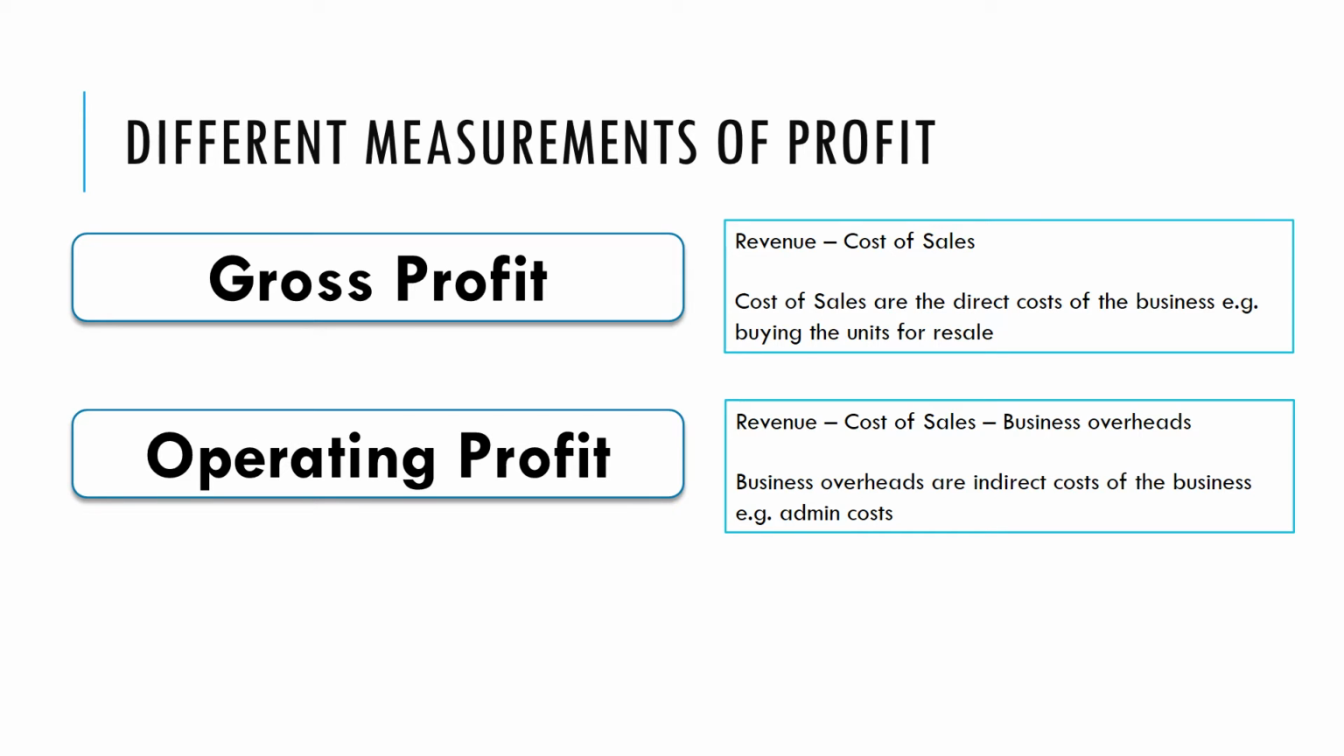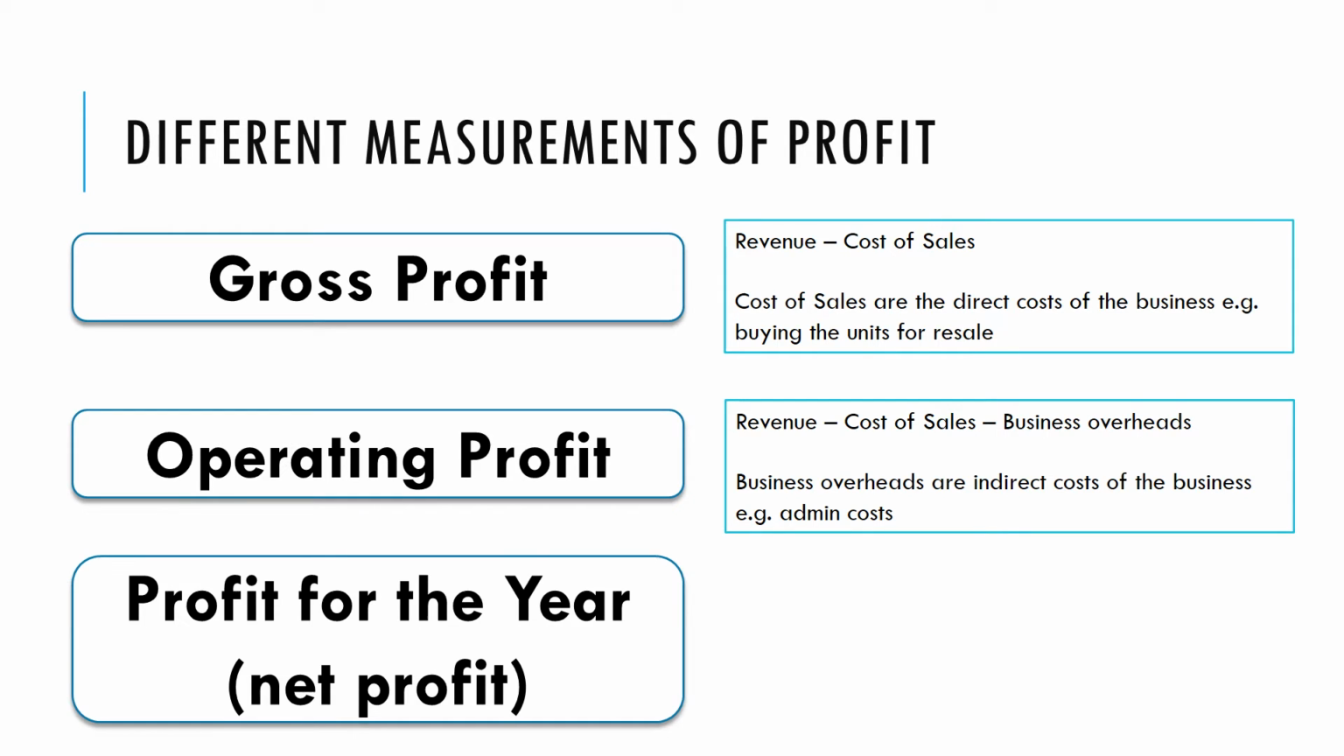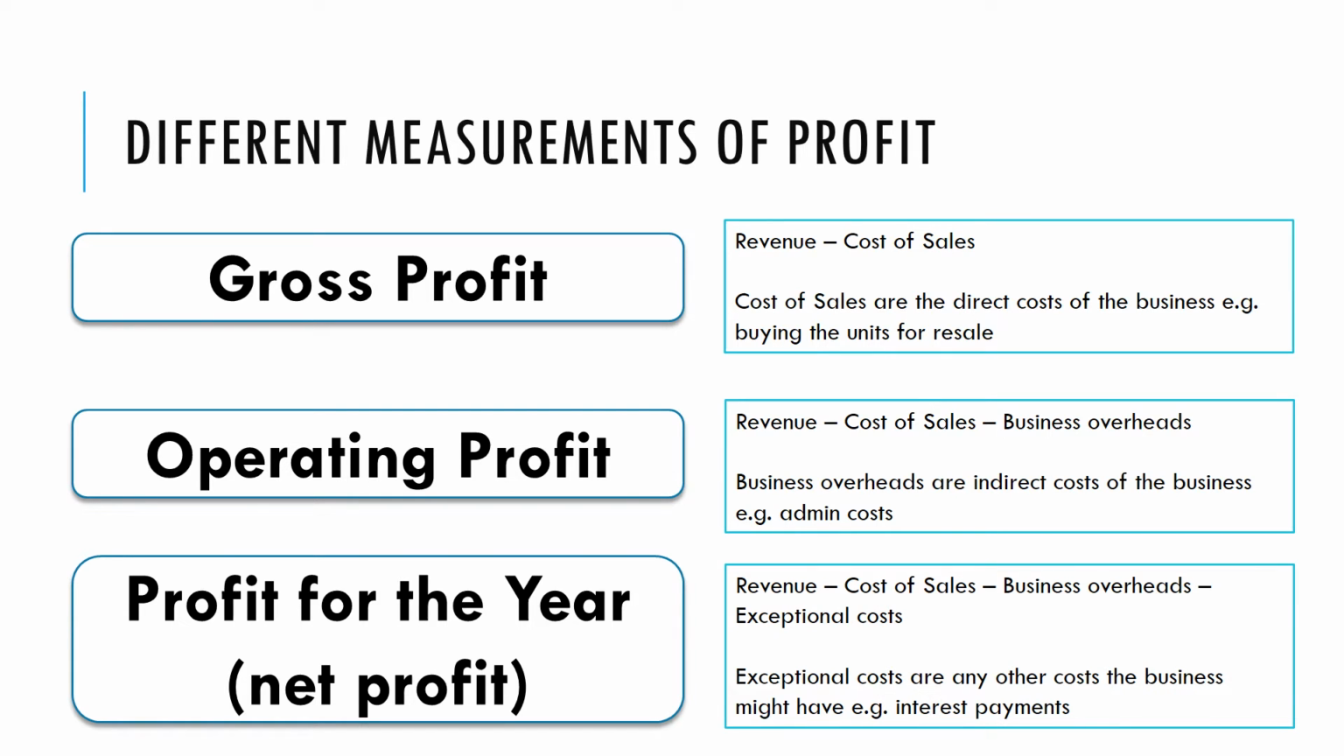Now there might be a few other costs that the business might incur, and if we subtract those as well, we have the final profit, often known as the bottom line, and that is net profit. And to get to net profit, we have to subtract any other exceptional costs. So we have the revenue, we subtract the costs of all the items, buying them in, for example our t-shirts, we subtract the costs of any other regular staff and things we might need,